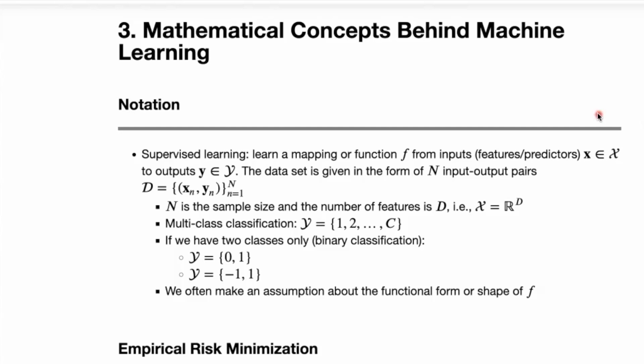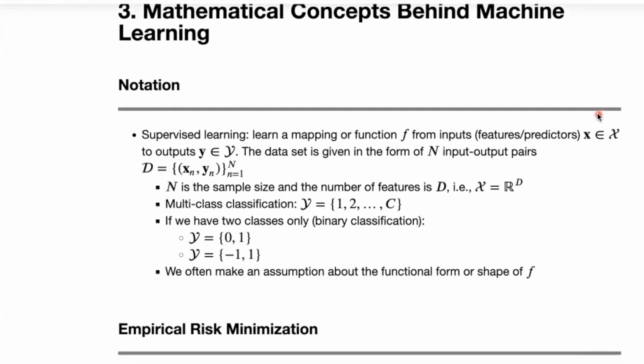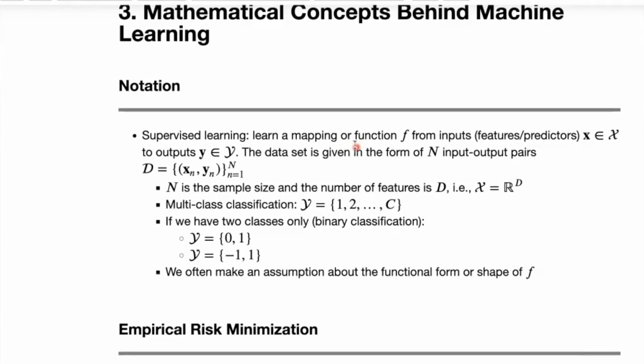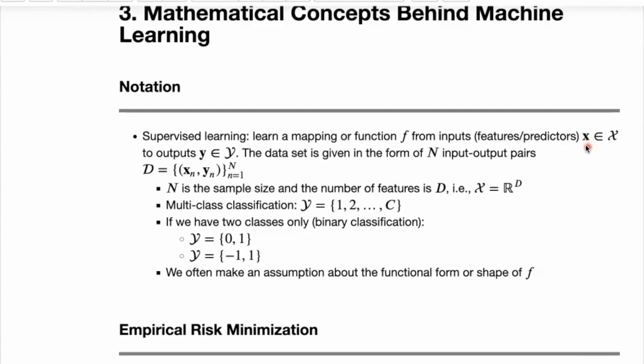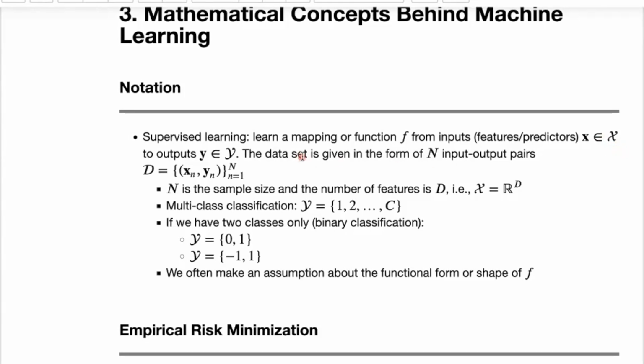In this video, we discuss mathematical concepts behind machine learning. Recall that in supervised learning, the goal is to find a mapping or function, and we call this f, that allows us to relate inputs to outputs. We show inputs using x. Here it can be a vector in general that belongs to some space curly X,